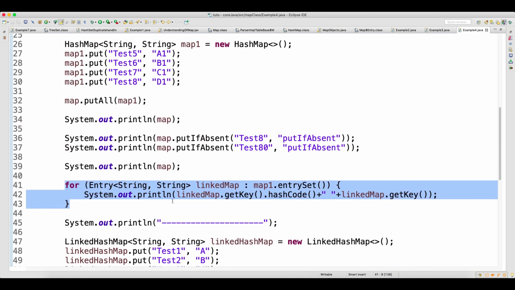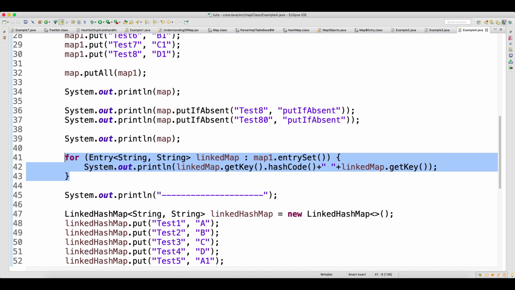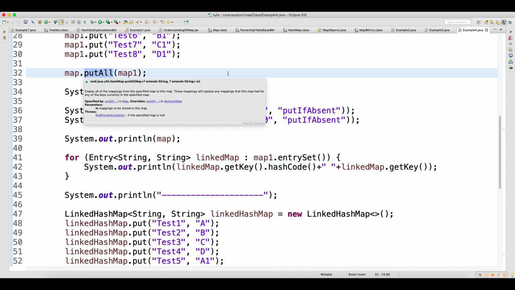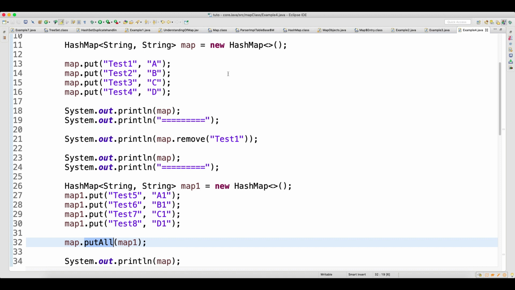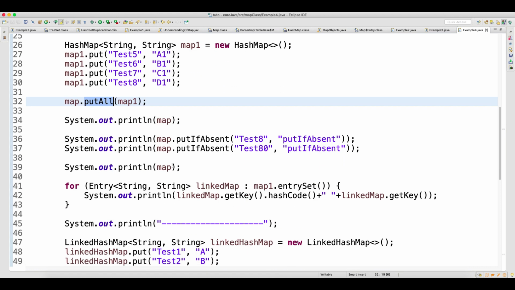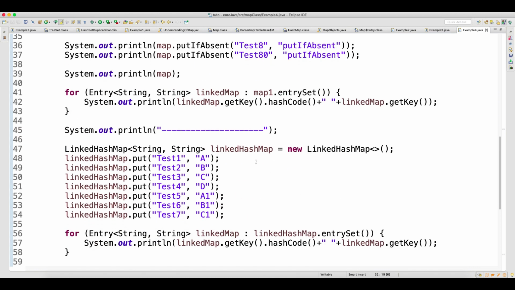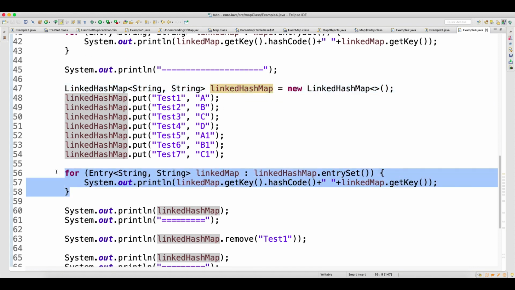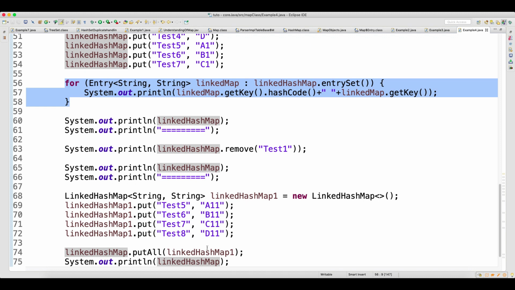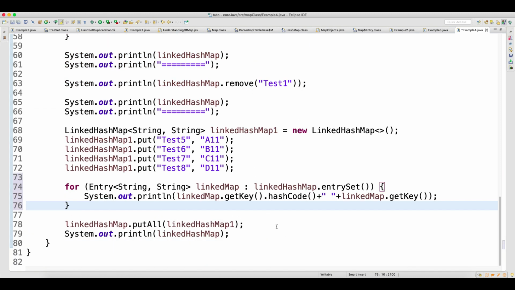Where is our put all method? Here we have the put all method, and one record we had here. So basically we are going through the linked hash map. We printed linked hash map one here, and then we did the same put all here. So before put all, we will run this.